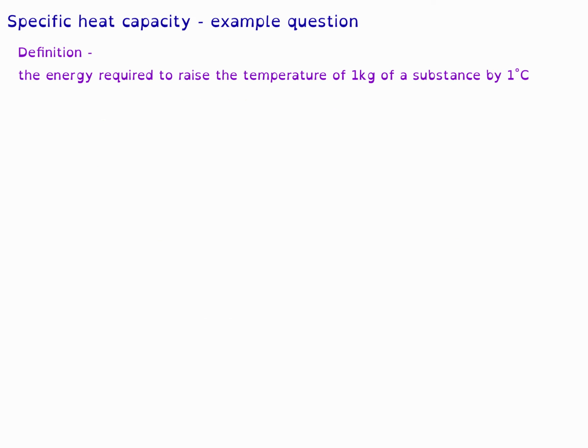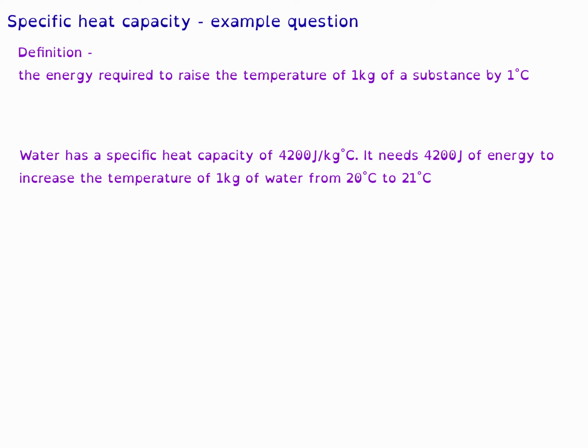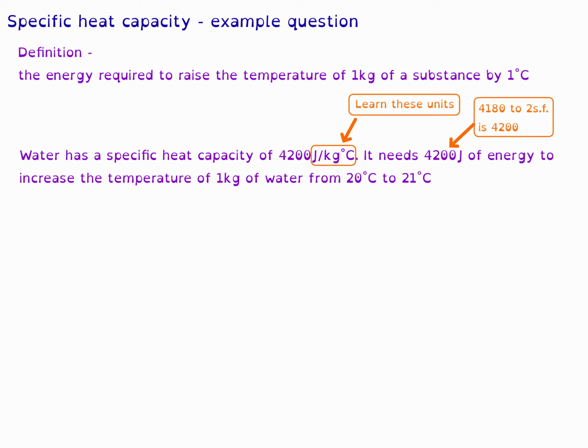The definition of specific heat capacity is the energy required to raise the temperature of 1 kilogram of substance by 1 degree Celsius. This is an example question. Water has a specific heat capacity of 4,200 joules per kilogram degree Celsius. It needs 4,200 joules of energy to increase the temperature of 1 kilogram of water from 20 to 21 degrees